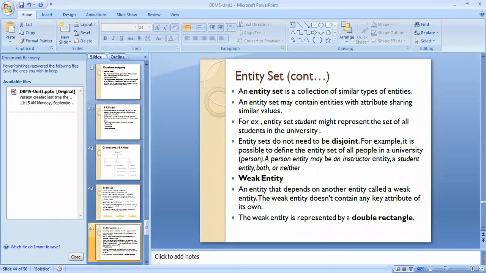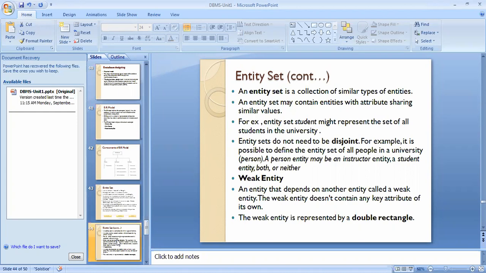Let's continue with the entity set. An entity set is a collection of similar types of entities. If there is a student entity, then there exist a number of student entities. An entity set is the collection of similar types of entities.